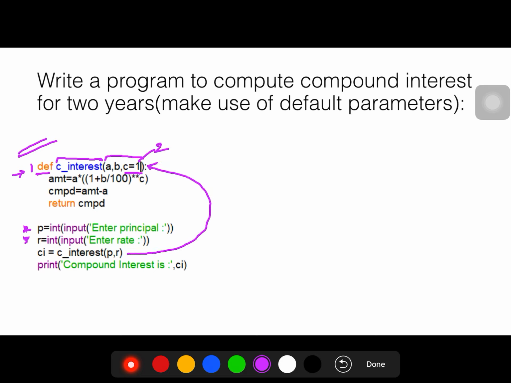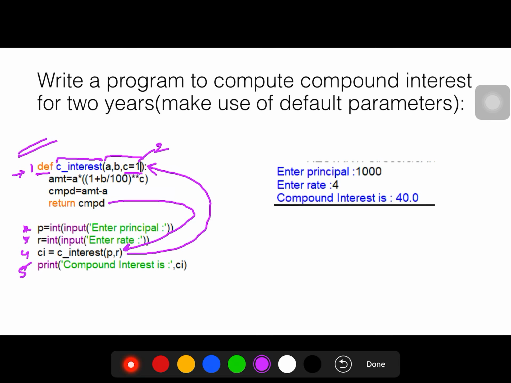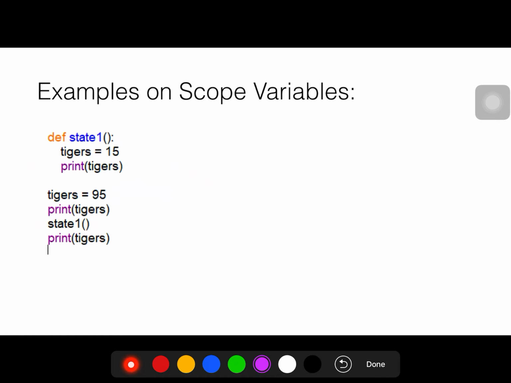Then at the compound interest call statement, control gets transferred to this line, and the values of p and r get copied to the variables a and b respectively, and c gets the default value. Then amount and compound interest will get computed, and the value of the compound interest gets returned to this line. Then this will execute, and then this is the output.